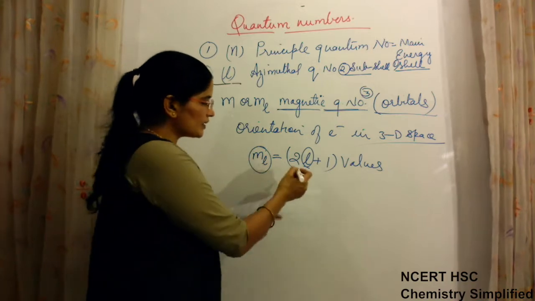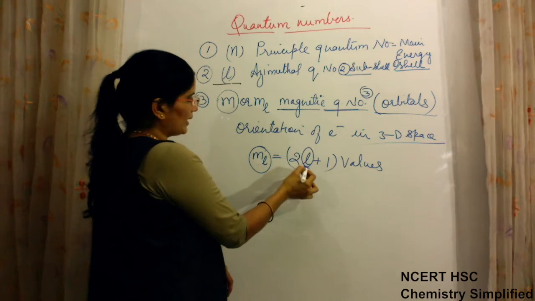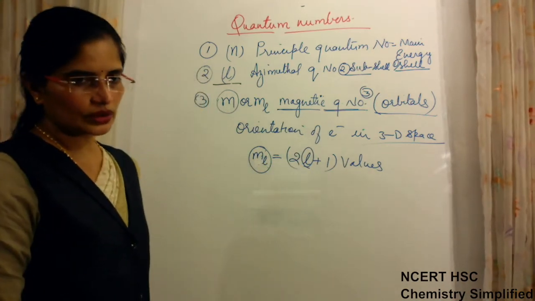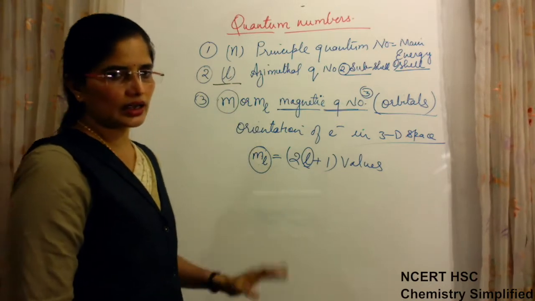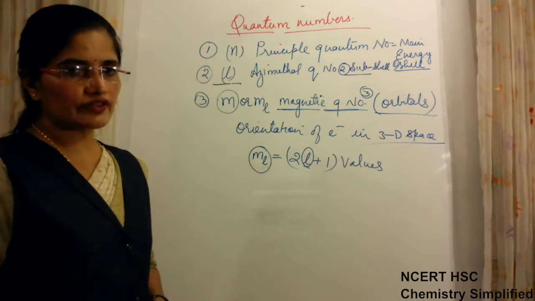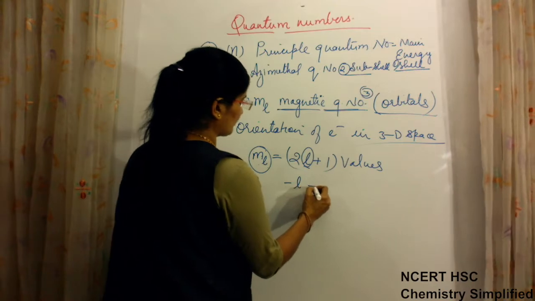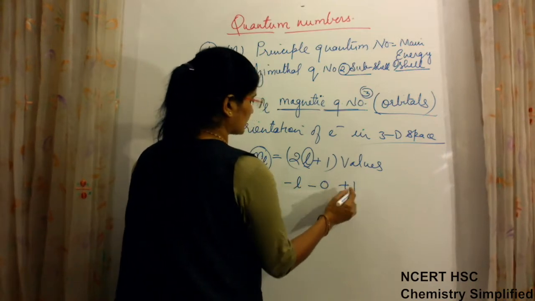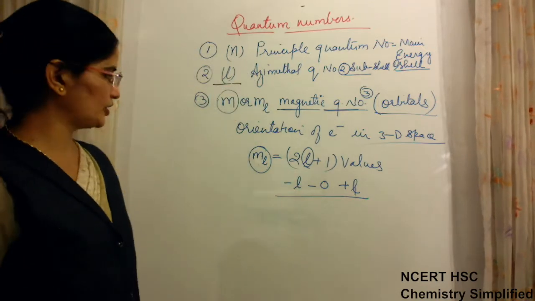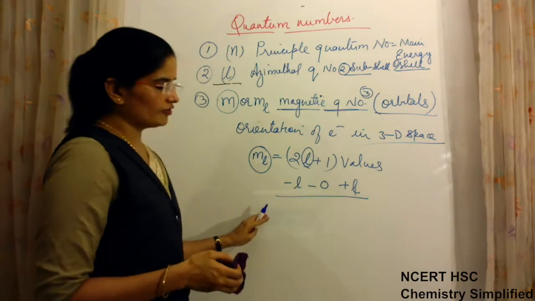Once the values are known to you, you can directly put those values. Because the values of the magnetic quantum number m depend on l, we use ml with a subscript also. Either you write this or this, both are the same. There are 2l plus 1 values, and those values range from minus l through 0 to plus l. Now what is this? This I will explain to you, once we have written the formulas.